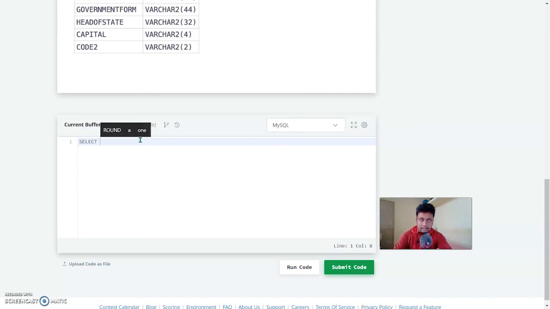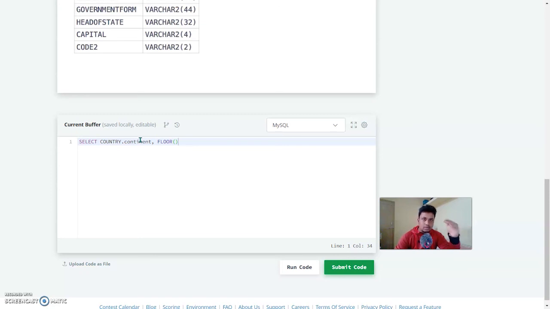Your statement will go something like select country continent, and again you have to do the floor because you want to round this down to the nearest integer value. So we have two operators like ceil and floor in MySQL.